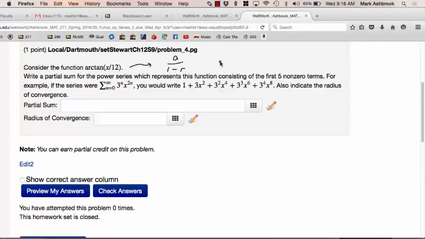The derivative of arctan is 1 over 1 plus the argument squared, and that's a lot like 1 over 1 minus r. So let's start with that. If we call f of x 1 over 1 plus, now we want this exact argument here, x over 12 squared,